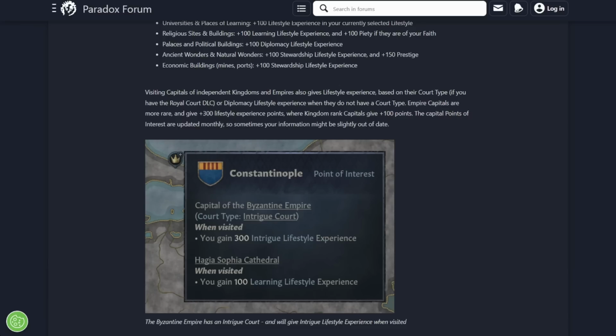Empire capitals are more rare and give 300 lifestyle experience points, whereas kingdoms give 100. The capital points of interest are updated monthly, so sometimes your information might be slightly out of date. That is pretty cool. So if you're traveling somewhere quite far away, and they've changed their court type during your travel, when you get there, it will actually give you different lifestyle experience depending on what theirs